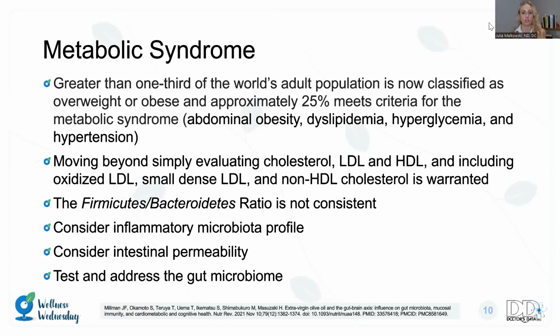So that's very important when we're talking about weight management and weight distribution, because we know that visceral fat is extremely dangerous for health. Fat is not inert. It does play a physiologic function. And we'll talk about the fat-derived leptin and adiponectin later. So again, for metabolic syndrome, we're thinking about that abdominal obesity, we're thinking about dyslipidemia, we're thinking about hyperglycemia and hypertension. So with regards to dyslipidemia, we're going to look today at the lipid profile, and we're going to move